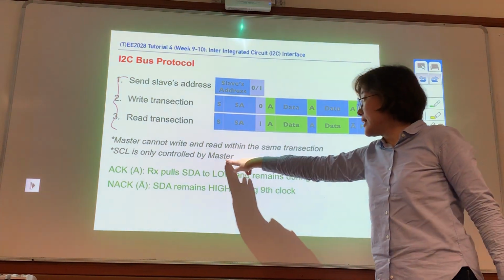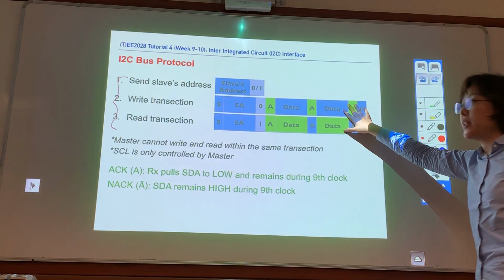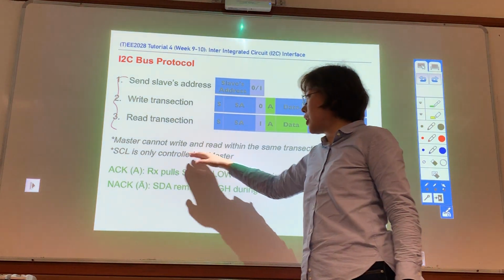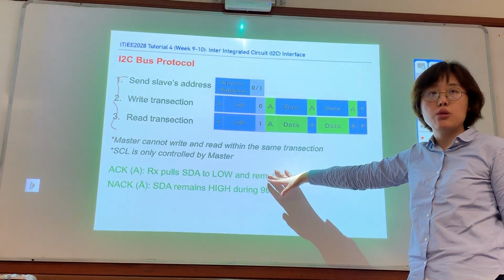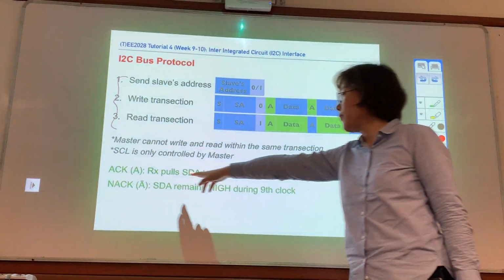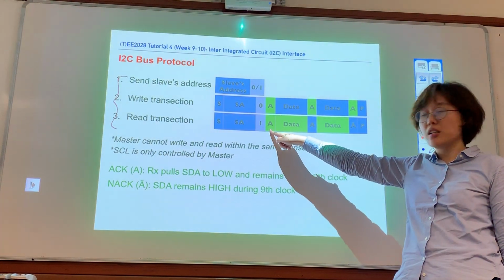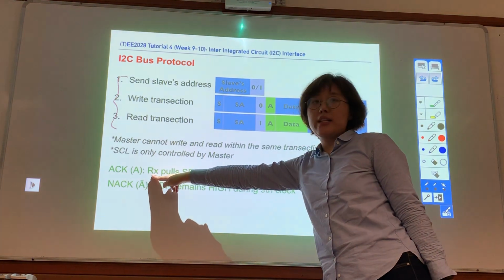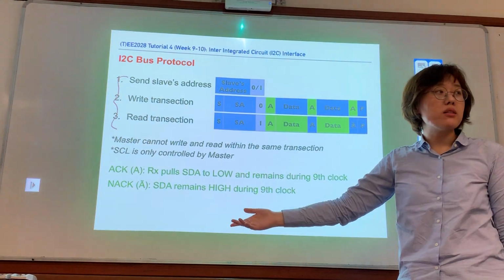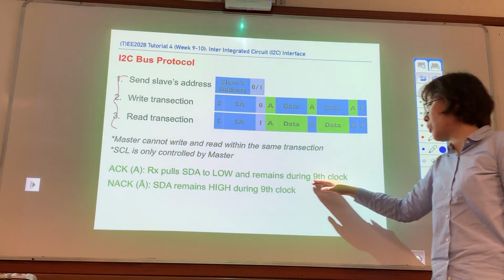And SCL, the other channel. SCL is your clock, right? This is what's happening on the SDA. SCL is a clock channel, and it can only be controlled by the master. So the positive acknowledge is sent by the receiver. The receiver can be the master or the slave. Whoever is supposed to respond is the receiver,